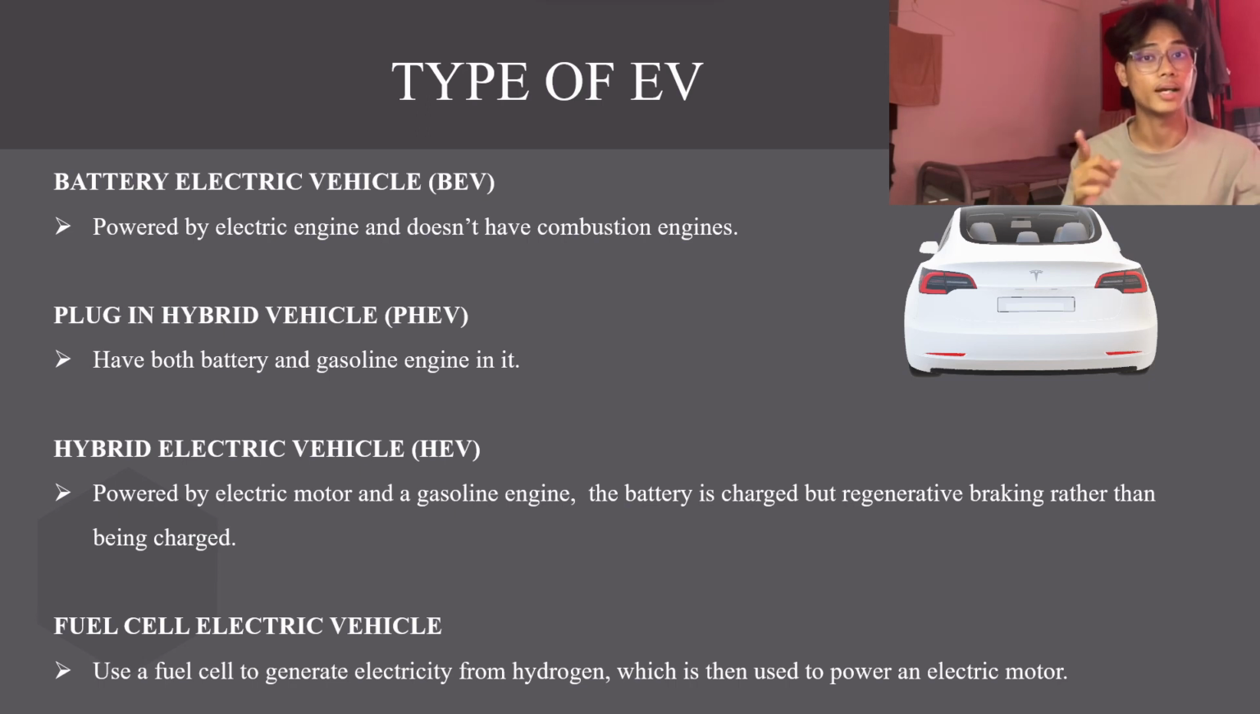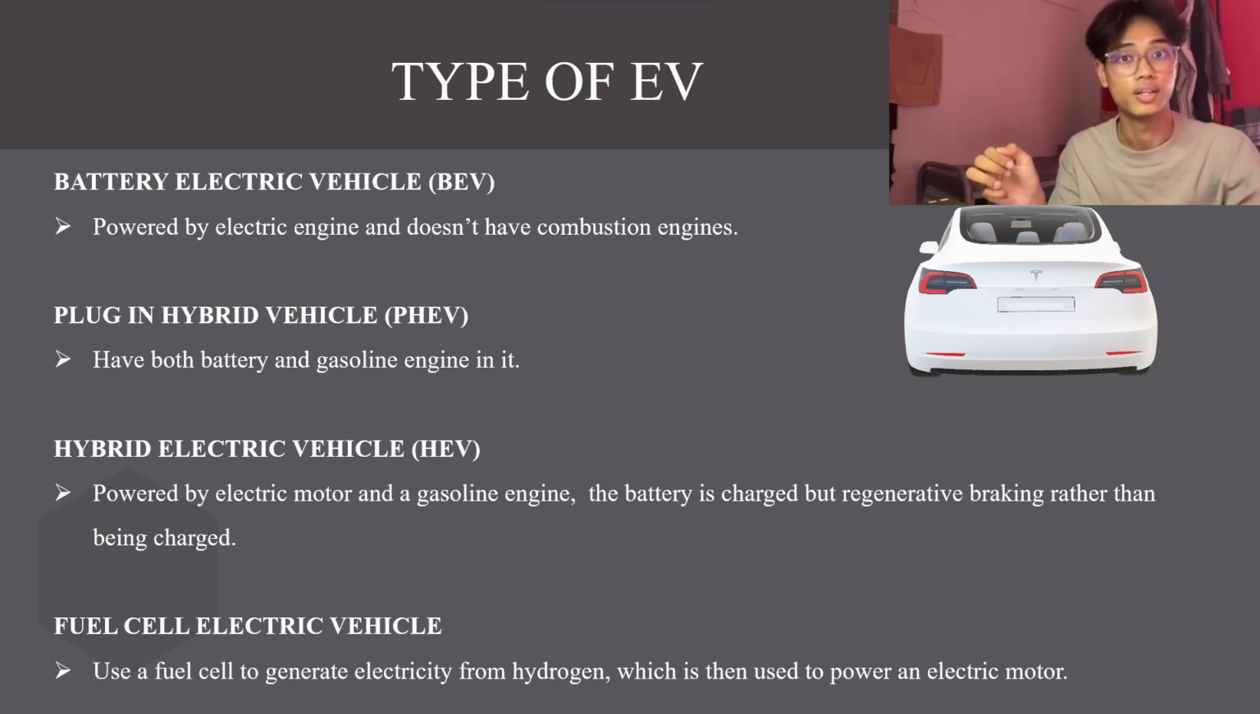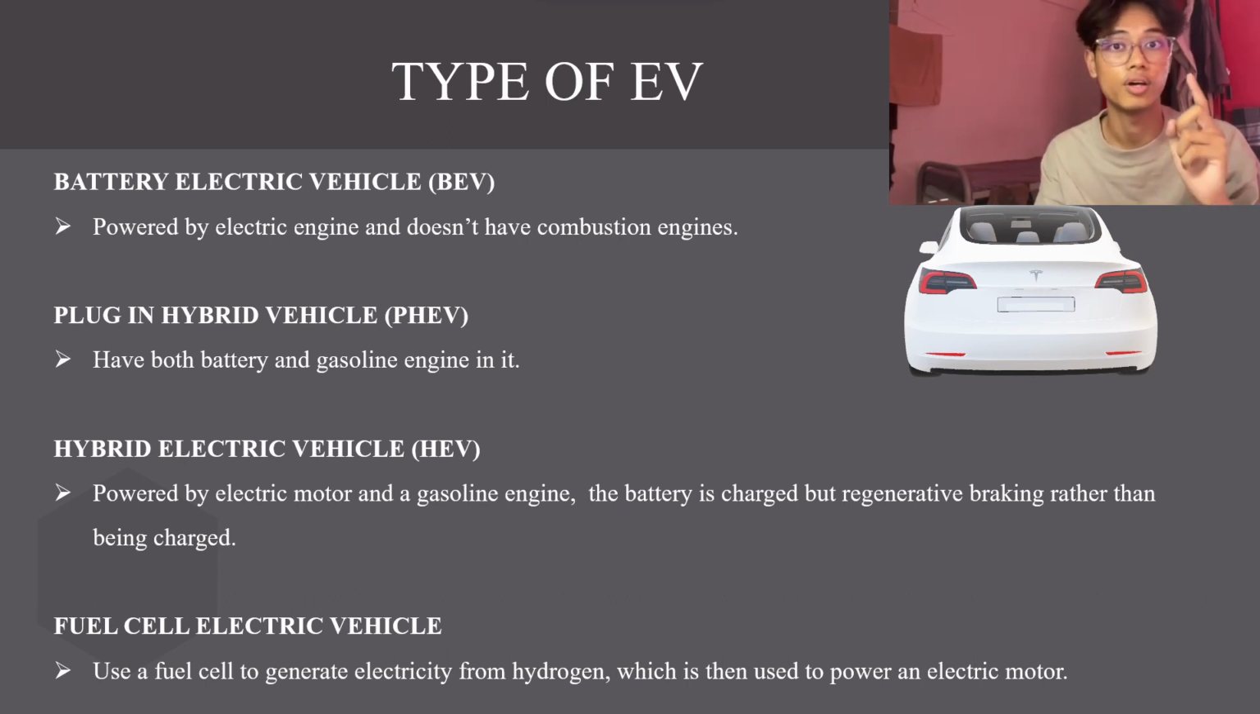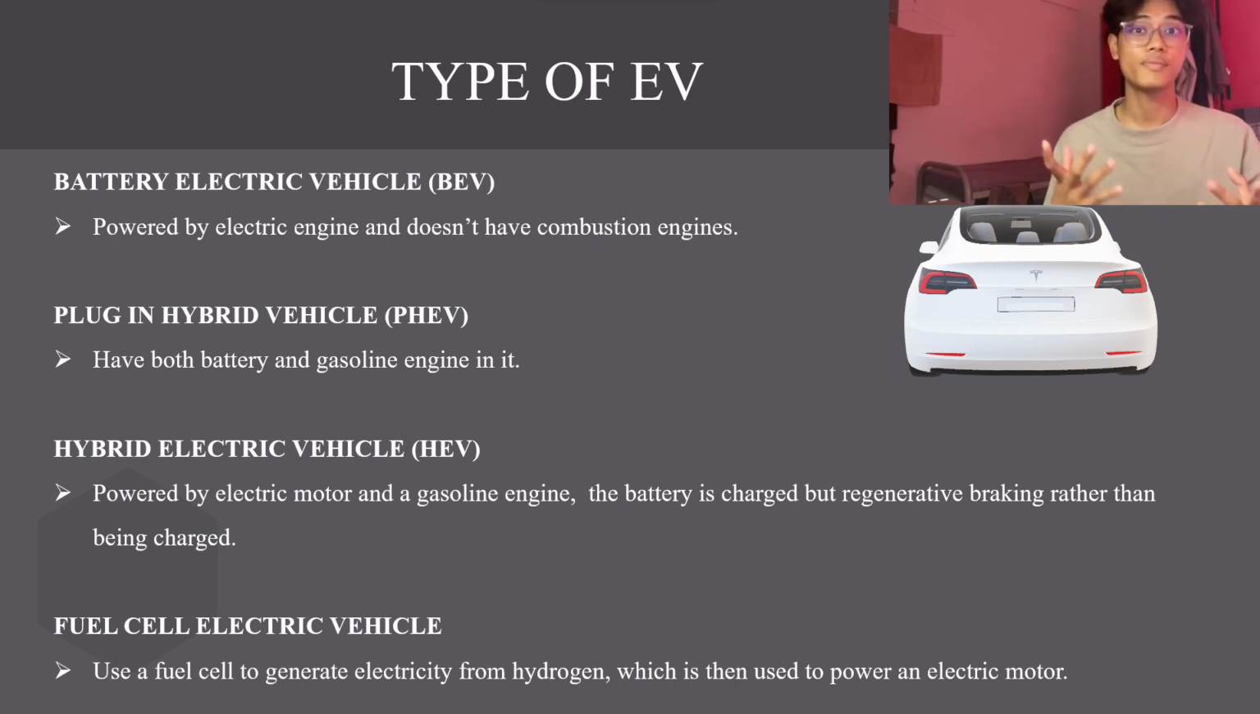Next one is plug-in hybrid vehicle. This type of electric vehicle has both a battery and a gasoline engine in it. They can be charged by plugging into an electric outlet or charging station, but it can also run on gasoline if the battery runs out of charge. PHEV usually has a shorter electric range than BEV, but still can provide significant fuel savings compared to a normal gasoline